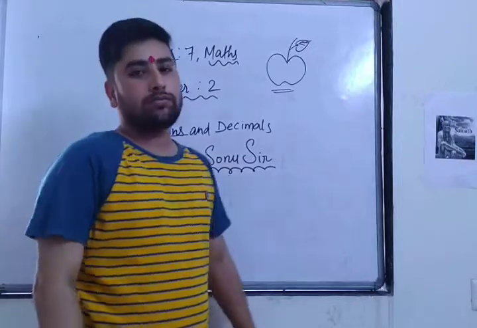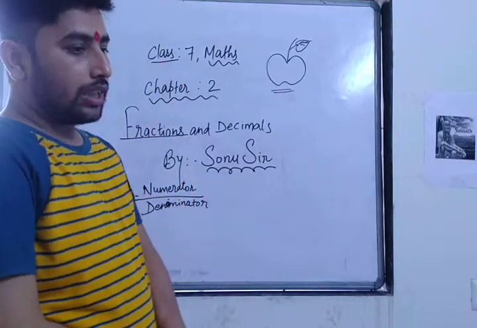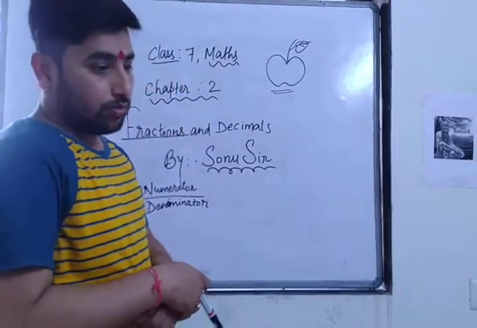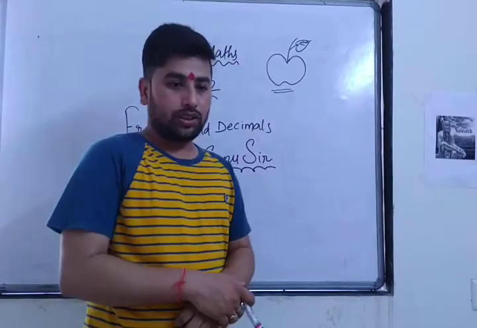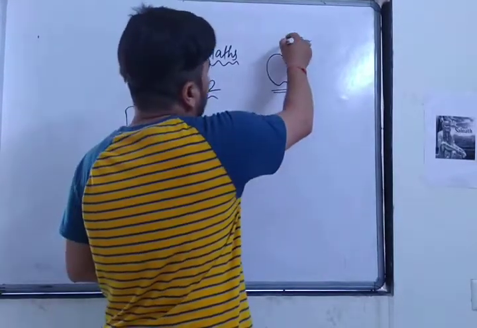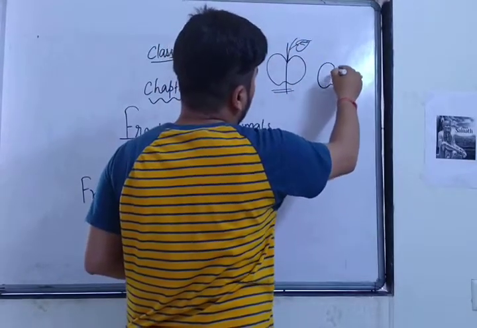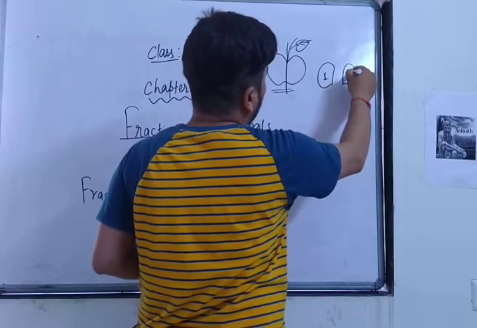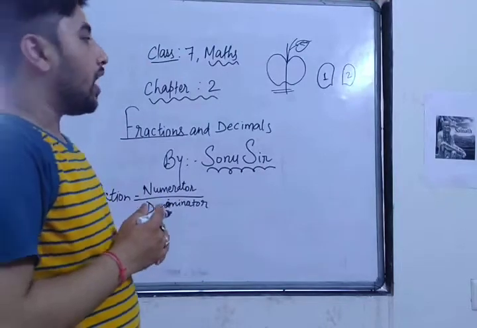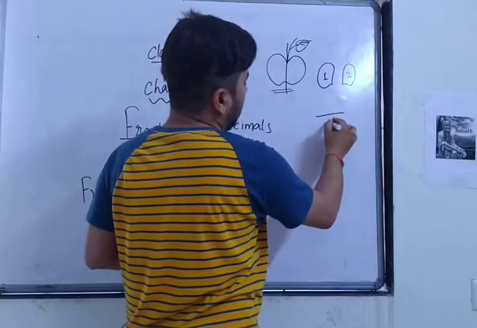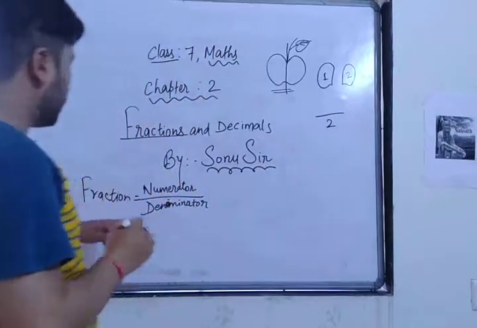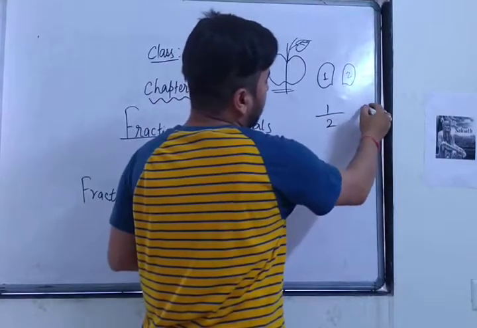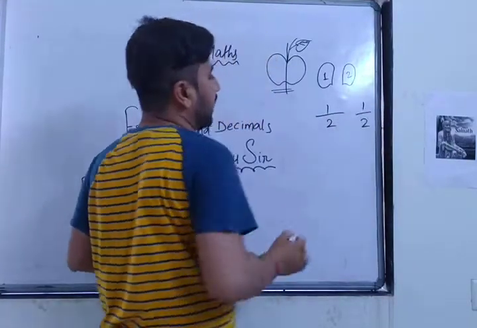But before eating, my brother came and asked me, bro, please give me half of this. Then I asked, why should I give you? No, I am your brother, you should give me. So what I have done, I have cut this apple into two parts. One part of the apple was mine, and another part of the apple was my brother's. Okay? So how many parts have I made? Total 2 parts. Total parts we have to write down, that is called denominator. And how many parts have I got? 1 part. And how many did my brother get? Out of 2 parts, he also got 1 part.